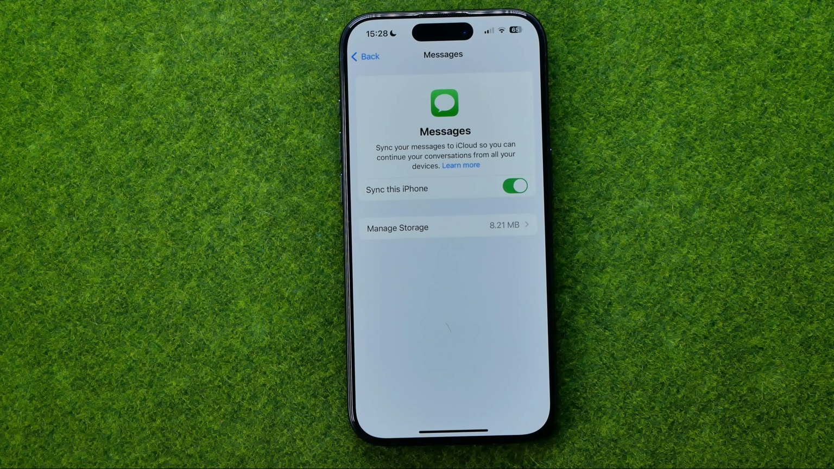That's all it takes to backup messages on an iCloud,